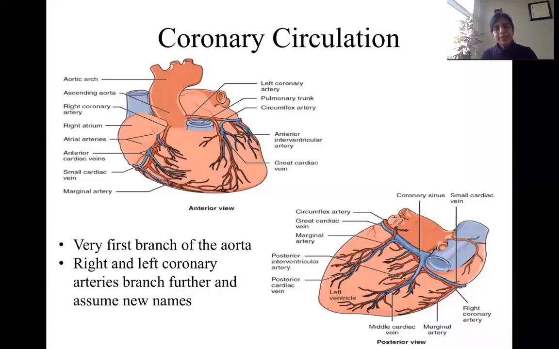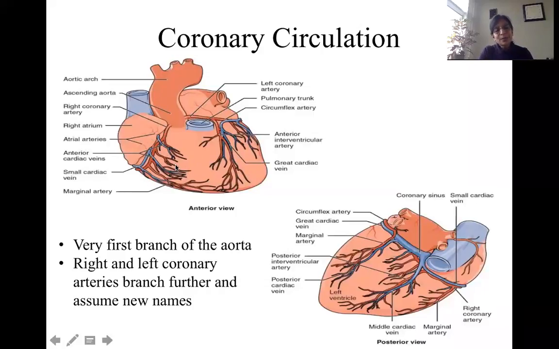Coronary arteries are the very first branches of the aorta. As you can see here, this is the aorta. These are the branches that originate from the aorta, right in the very beginning of the aorta. Right coronary artery here, left coronary artery here. Okay, so you can see their branches